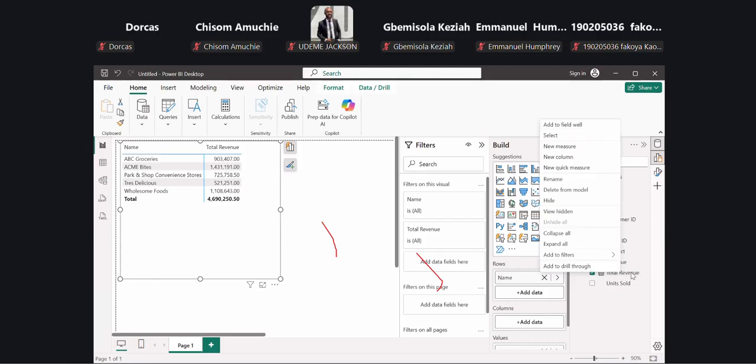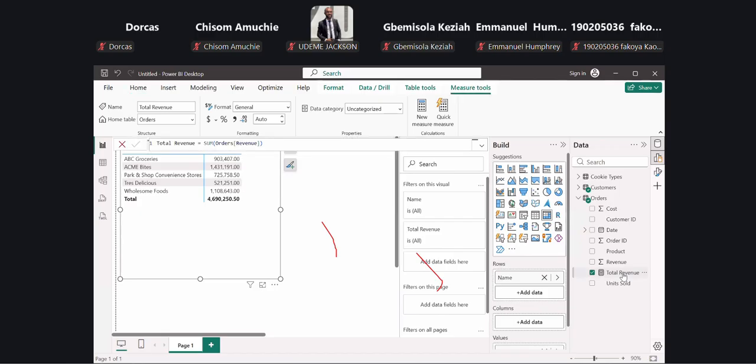Sorry, you can click on it, go to measure tools. That means it's already on measure tools. If it's not on it, click this measure tool ribbon, then come here. This is on auto, or you can reduce it, put it on zero. So you can put it on zero so that any data set that comes in,